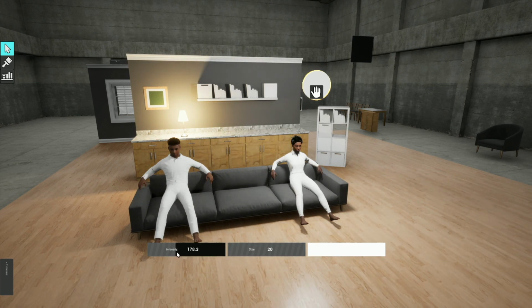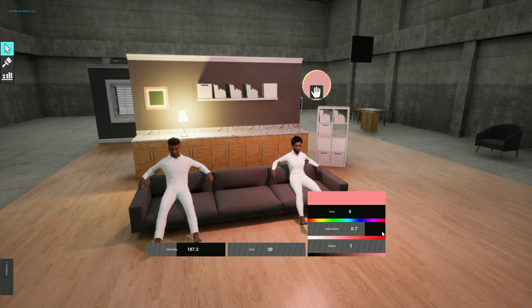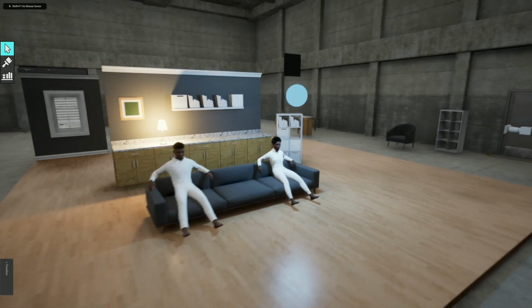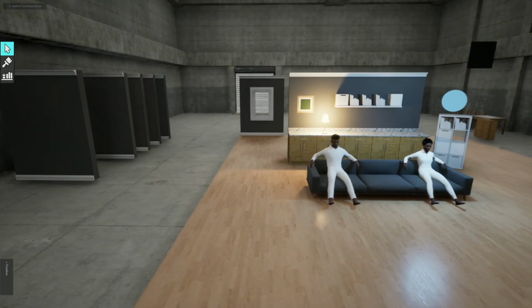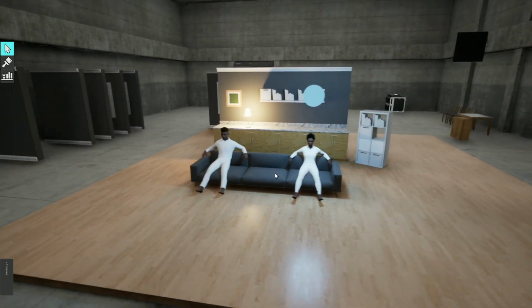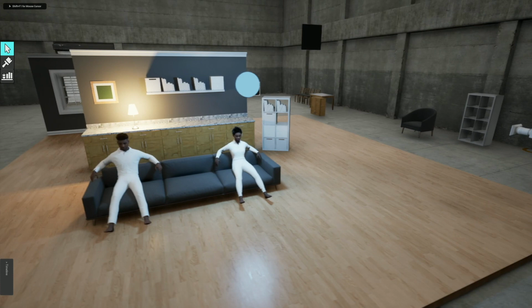We can make it brighter here. We can pump up the saturation and then pick a color, right? So now it's like, I don't know, it's a blue and an orange scene. People do that, right? So that's a bit of looking at building and assembling the set and generally moving things